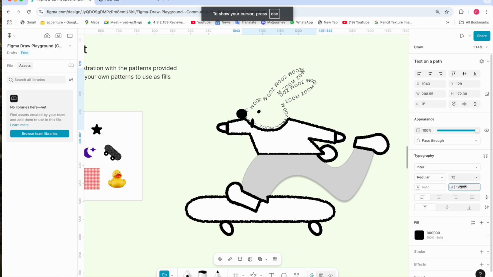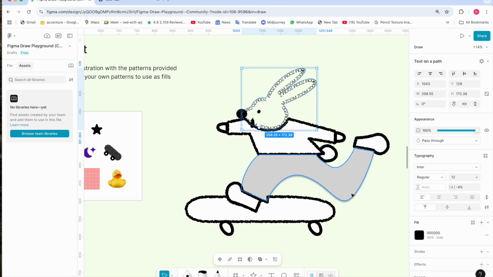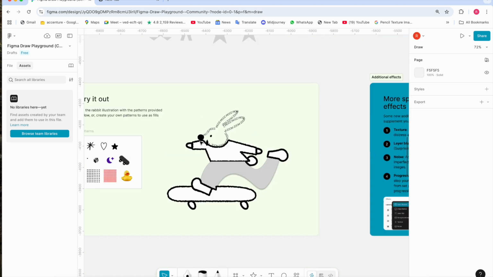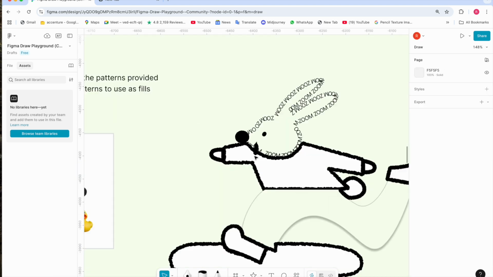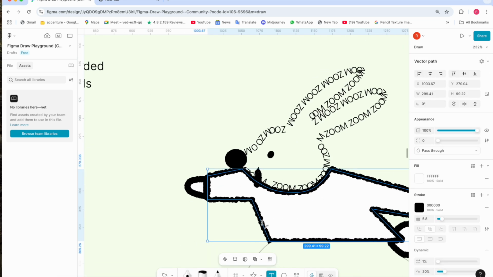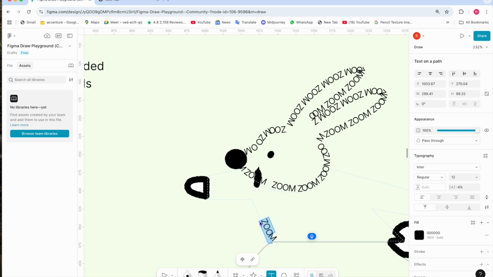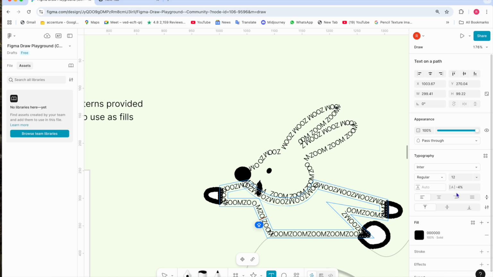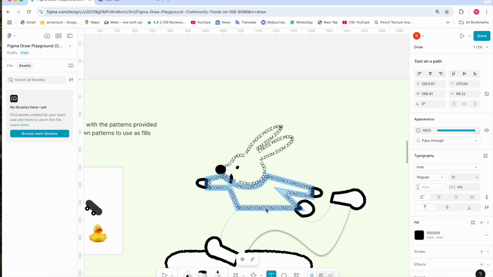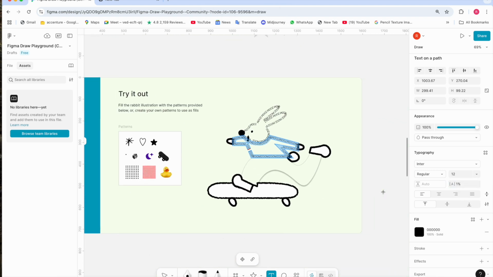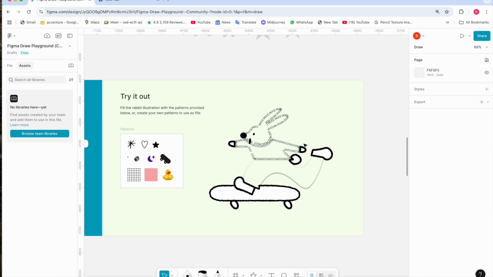Even you can adjust the spacing of the text, and you can see the text is in the shape form right now. Let's try for this one. Same for this, you can adjust the spacing if you want. And yeah, it's now converted into the shape.